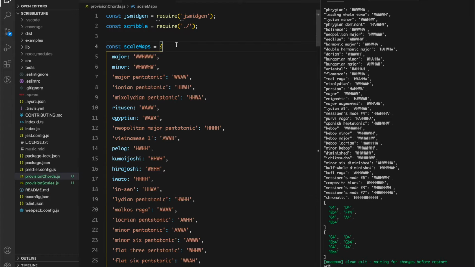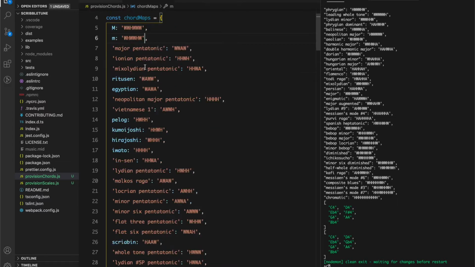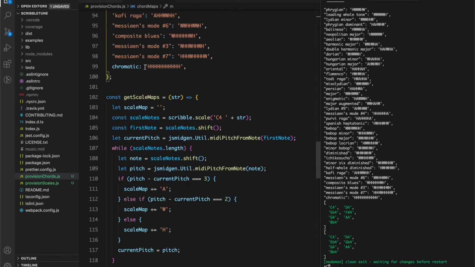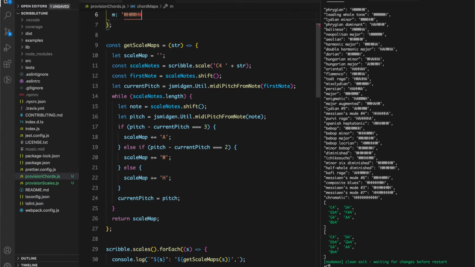Okay, we can call this chord maps instead of scale maps. We will start with the major scale and the minor scale just like we did earlier, and we'll get rid of the rest of it because this is scales, right? We don't need this at the moment.